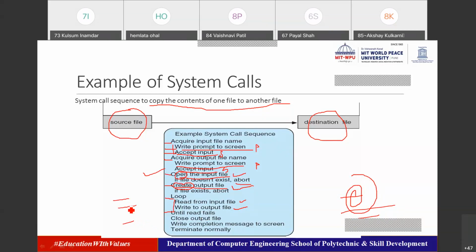Once the contents of the input file are over, it will read one by one, character by character, byte by byte, right? Once its contents are finished, read will fail automatically, as it will not find any more byte to read further. That means the content of the source file has finished, and at that time it will come out of the loop, right? So at the end, always in case of file programs, if you open any particular file for some operation, it always needs to be closed. And thus the task is